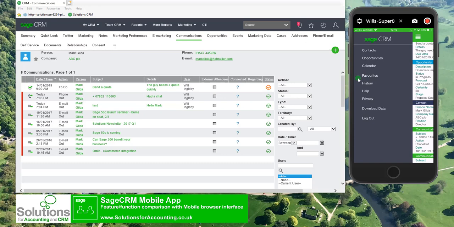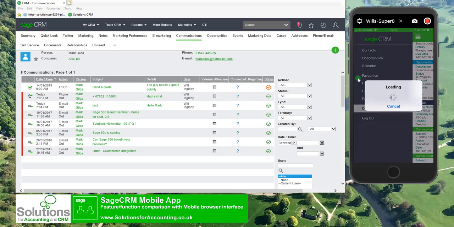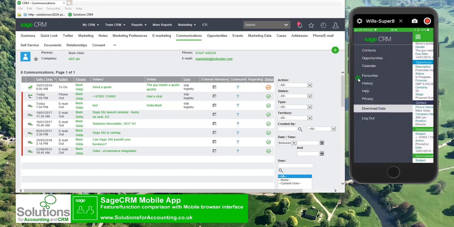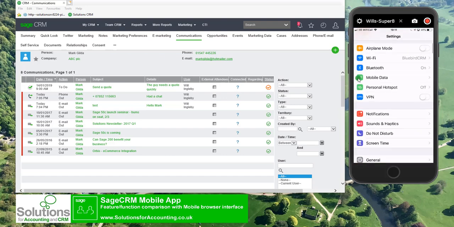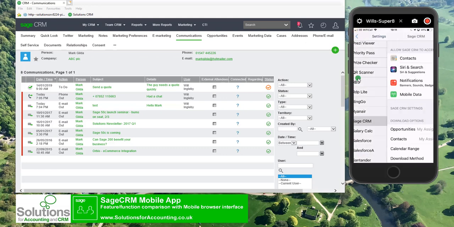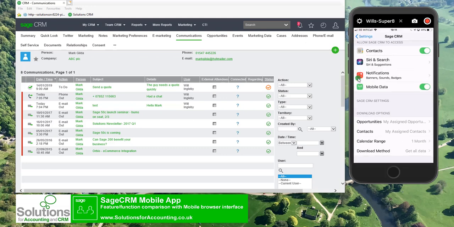The other feature of significance is download data. So when you click on download data, it would connect to the server, look to see if there's any more data to bring down, and of course if there is, then you would synchronize and bring that data down to the device. So the user is required to manage that synchronization. In terms of setting what gets synchronized, it's just a case of going to the settings on your mobile device and Sage CRM, and then down in the bottom of the screen, these are the options in terms of what